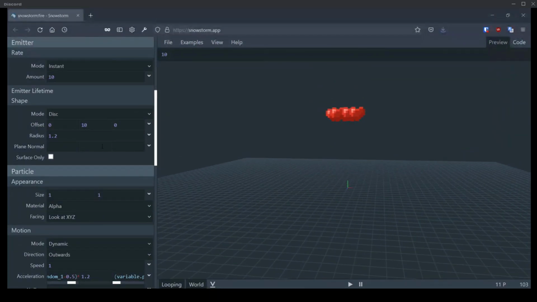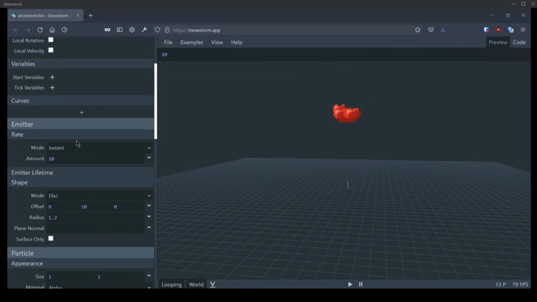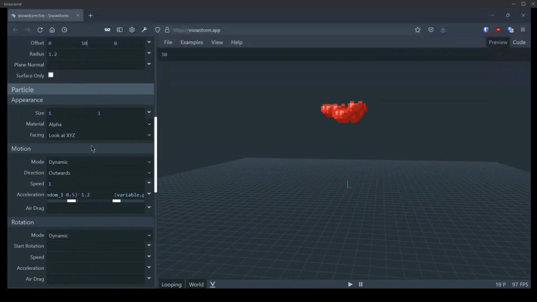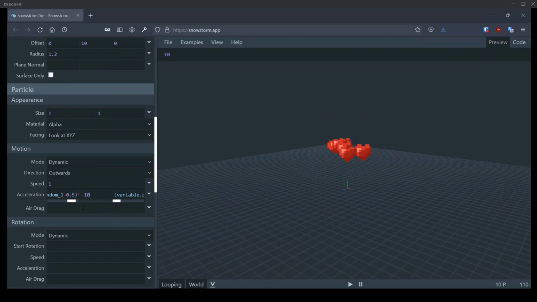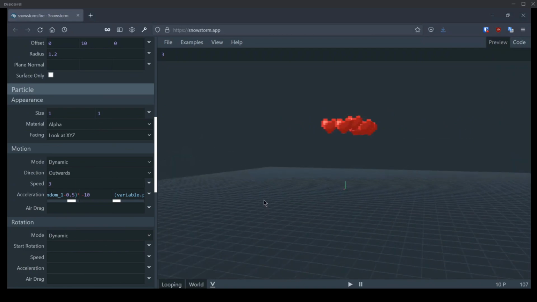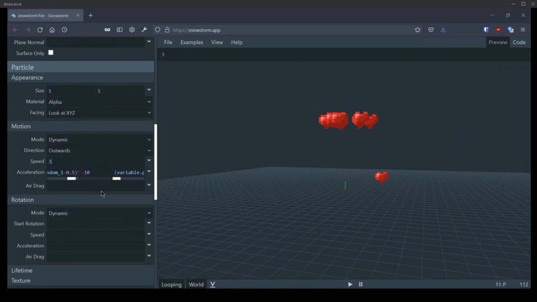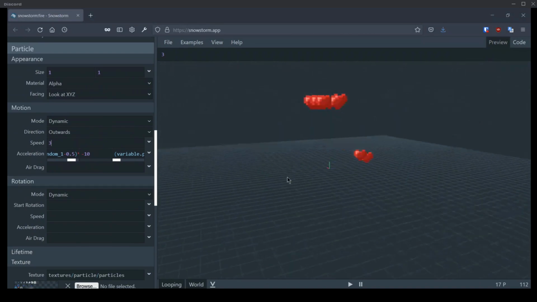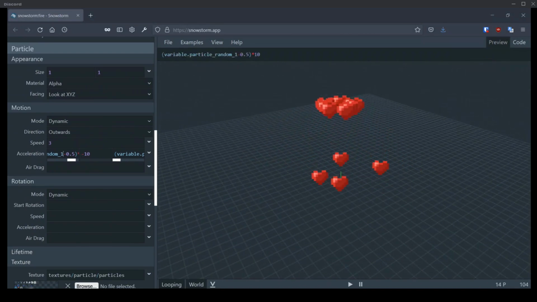It's more intuitive because in the actual JSON schema, dynamic motion is controlled by 3 or 4 different components, which is insane, and parametric motion is controlled by 1. I feel like the way Snowstorm has it laid out is a lot better organized. Yeah, I would say that's the case. All right, let's see. I'm going to do 8.